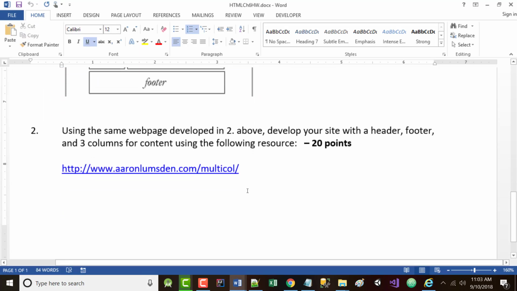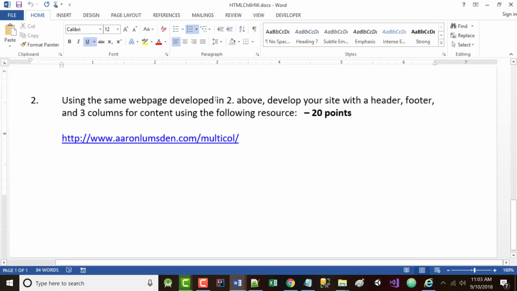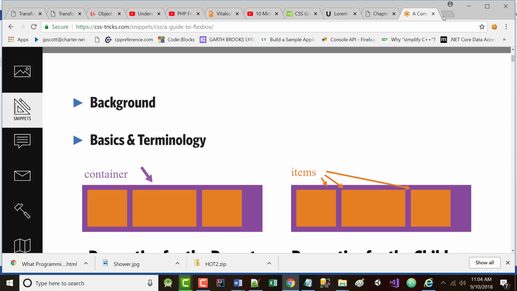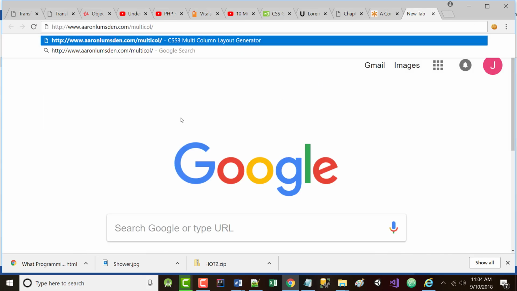And then finally, using the same web page developed in number 2 above, develop your site with header, footer, etc. This is a neat site. Best way to show you it is to show you it. And that is, notice if I come here,